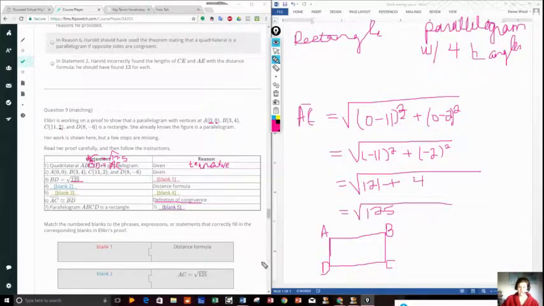We found BD. So from corner B to D, we found that distance. That's a diagonal. So is AC a diagonal? A to C. Yes, AC is a diagonal. And so I would add that to your